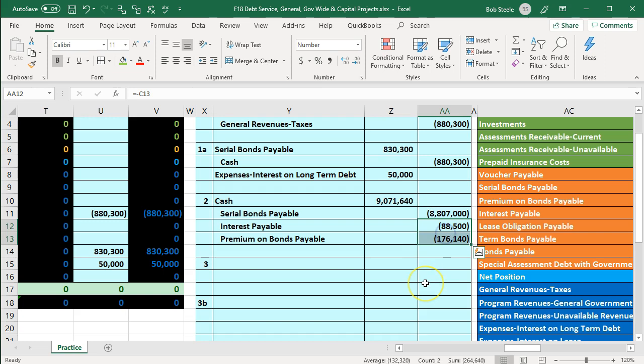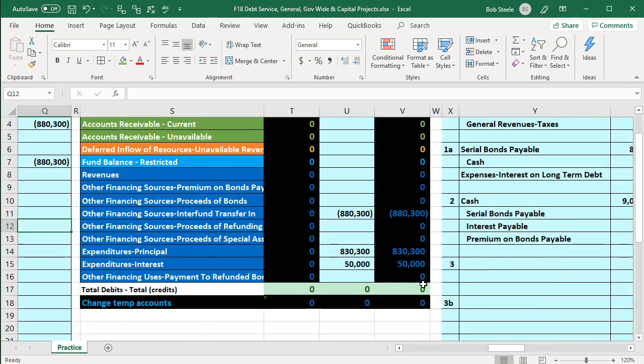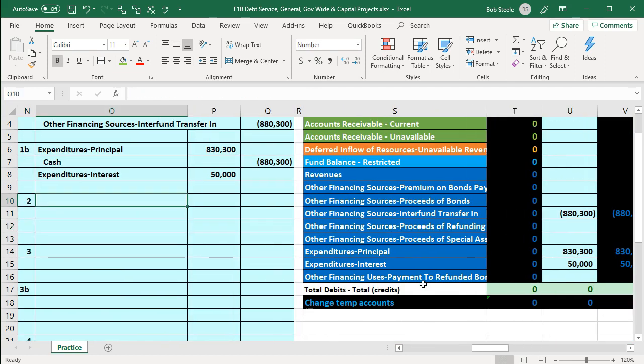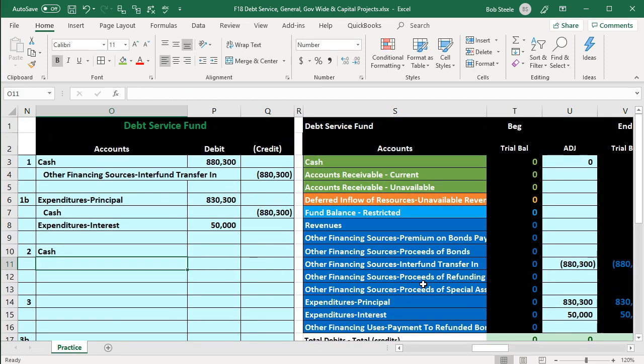Why? Because these two have to do with the financing. So we want to show that in the debt service fund. We're going to show basically the flow of the activity that relates to the financing, the interest on the debt. So we're going to transfer that amount of money, the amount related to the interest payable and the premium on the bonds payable, to the debt service fund to do so. So we're going to go back to our debt service fund, and we're going to say, okay, so we're going to have cash transferred into the debt service fund for those two amounts, the premium and